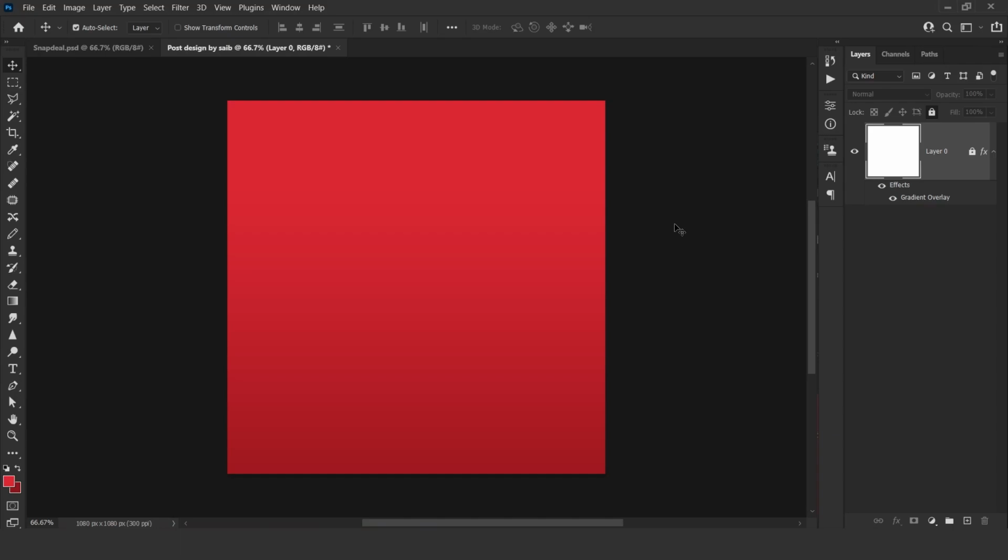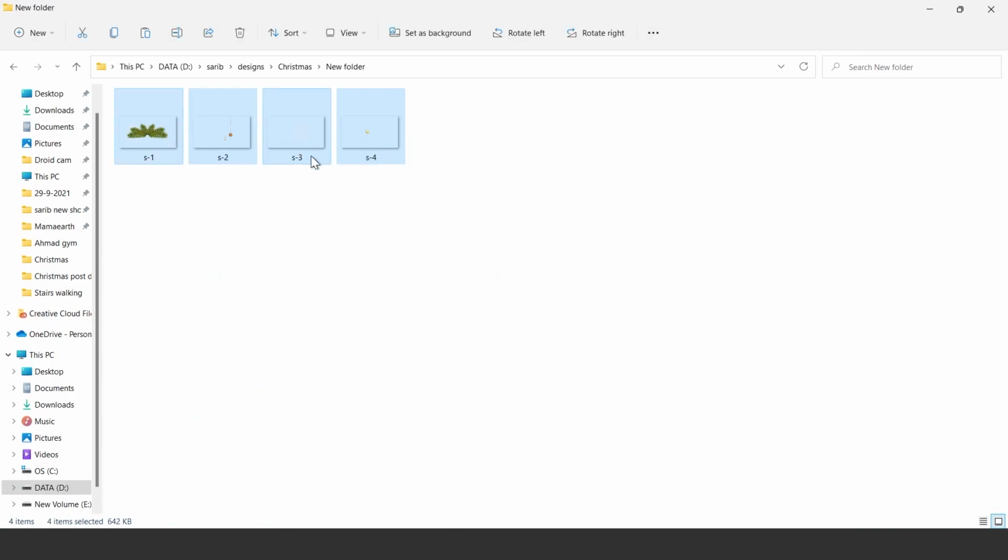Then we have to put some images here, some elements which are related to Christmas. So here I have 4 images. I guess you are thinking that this is a very easy banner to make because you have images and you have color, so you can do it easily. But for your information, I have given too much time to this banner. These 4 images took me almost 1 day, and almost 1 day I took to finish this Christmas banner, to find color, elements, text and font.